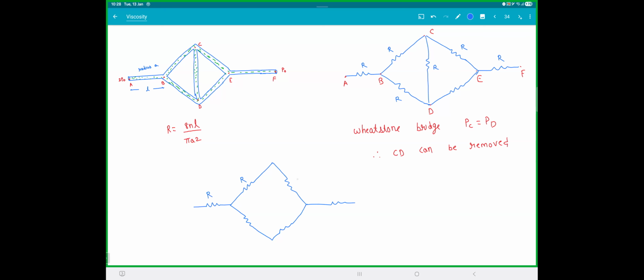R, R, R, R, R. Then you can clearly see this. These two are in series, that will be 2R. These two are in series, that will be 2R. 2R and 2R are in parallel. So your circuit becomes